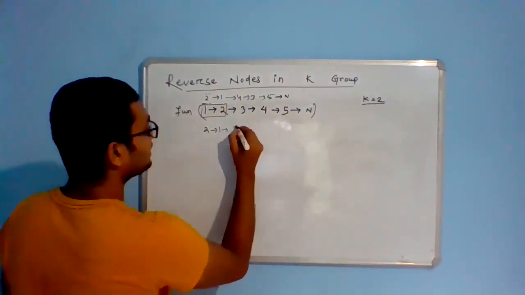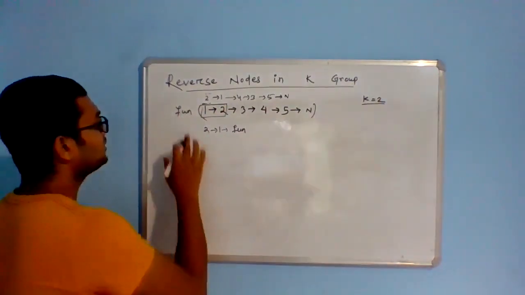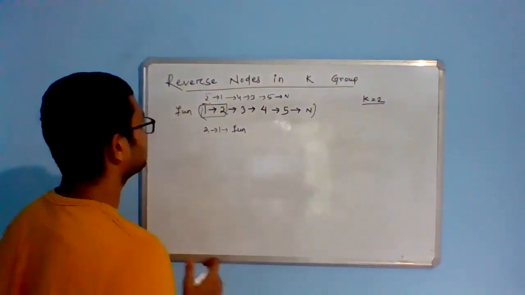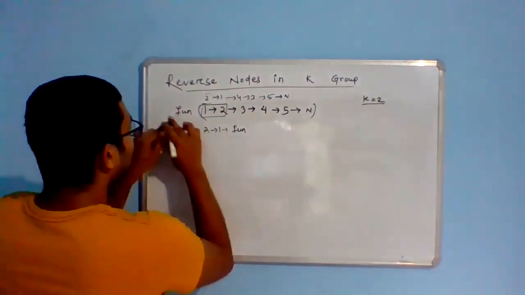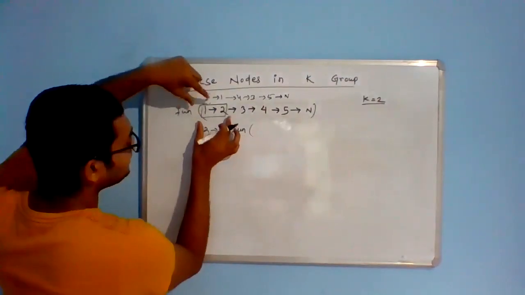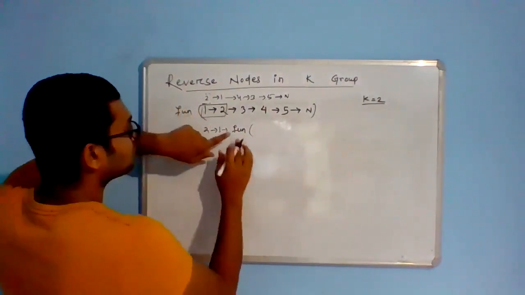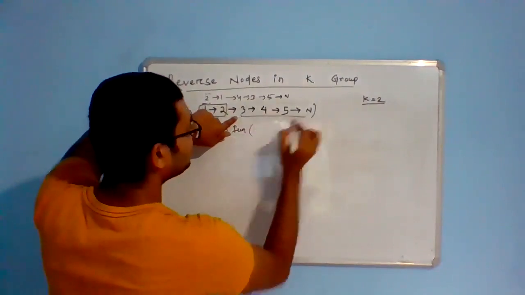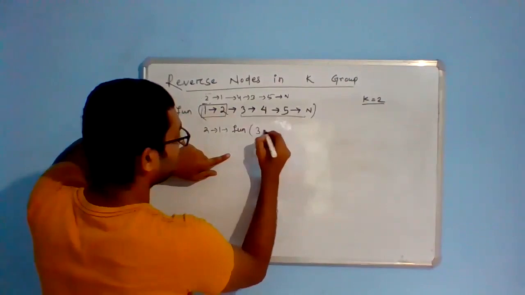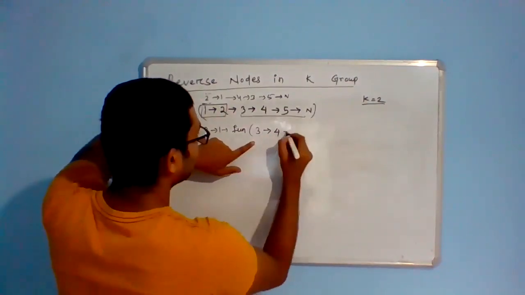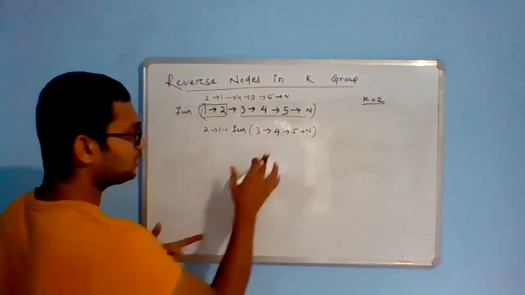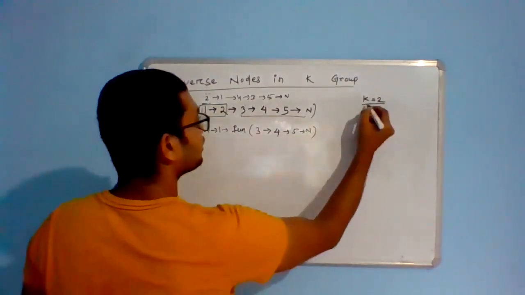So let's call this same function, because this particular function is responsible for returning the head of the reverse version of the linked list. So we'll call the same function, but not on the entire list, since the work for this particular sublist is already done. We want this sublist to be solved, so we will pass the reference to this particular node. The entire list will now look like this, which has not been solved till this point, and here k is 2.